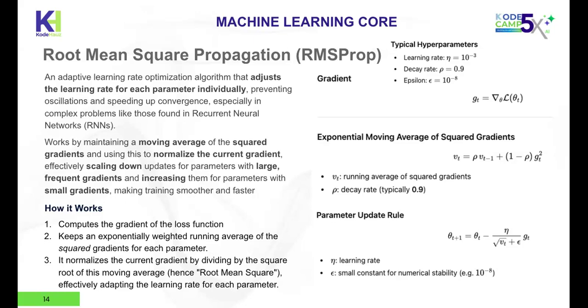RMSprop will take this, square the gradient, take the moving average, and use that moving average to normalize the current gradient and scale it down before it then applies it to update the parameter. So what this does effectively is that